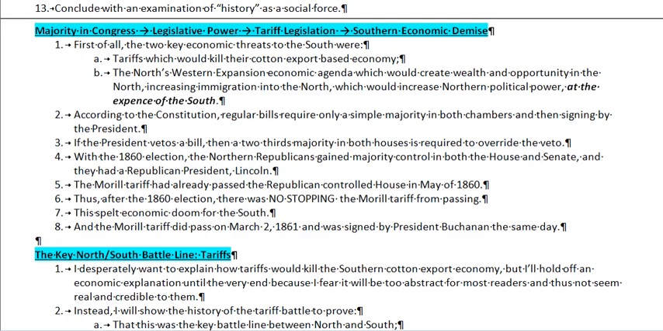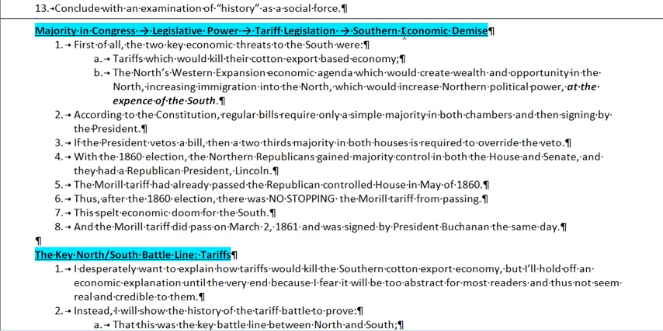All right, this is the third part of my lectures on the Civil War. Just a quick review of how our government works here. If you have a majority in Congress, that'll give you legislative power. Right, it's Congress that makes laws. And the key law we're talking about is tariff legislation, and this is going to lead to the